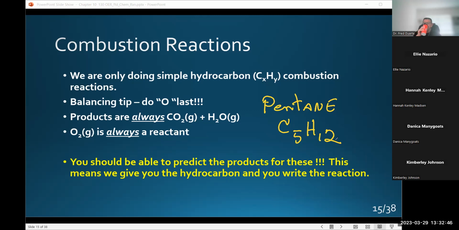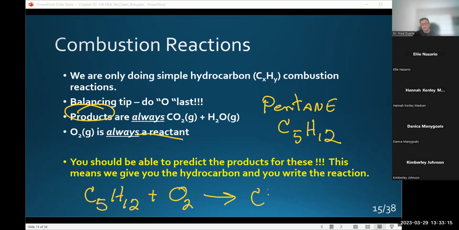Okay. C5H12. All right, so we write down C5H12. Okay. What is always a reactant? Oxygen. Okay. And what are always the products? Carbon dioxide and water. Okay. All right, now,